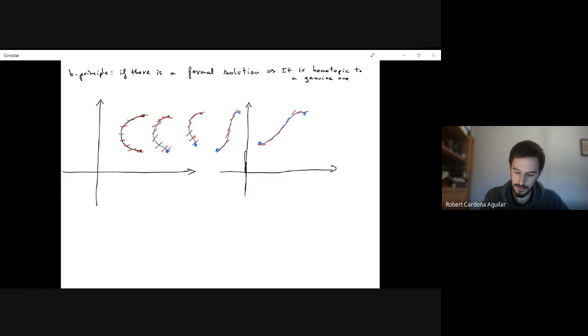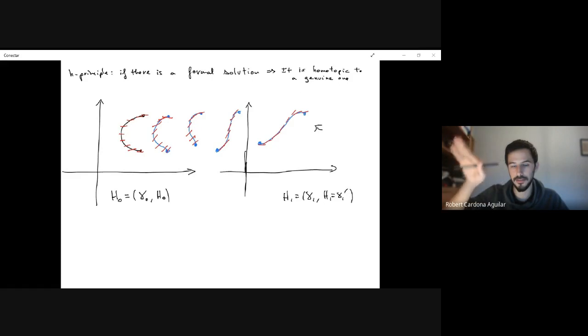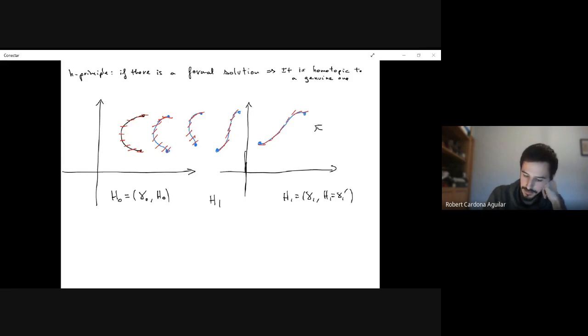So if you look at this, you started with a pair, let's call this H0 equals gamma 0, comma H0, which is a formal solution, and you end up with gamma 1, comma H1, which is equal to gamma 1 prime. Here you may notice that the derivative is correct. It corresponds to the derivative of the map. So you find a family, a homotopy of paths,